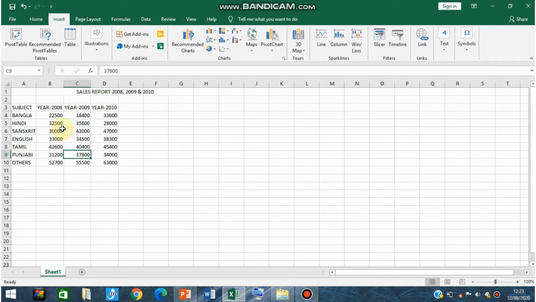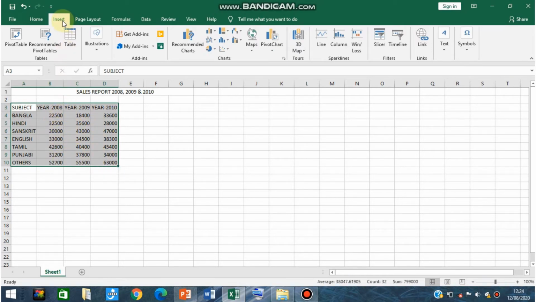A radar chart plots data in concentric circles, concentric as in a circle inside a circle. Each data series has its own value axis from the center point, and all the values in the same series are connected with lines. The first step is to select all the data for using the radar chart. Whatever data series you want, select the required data series. Here I am selecting the whole data.